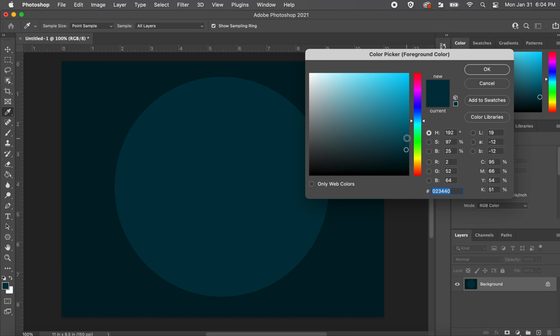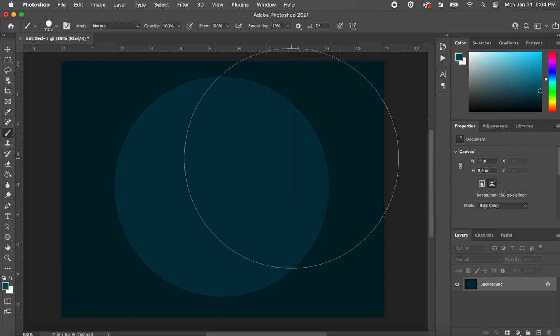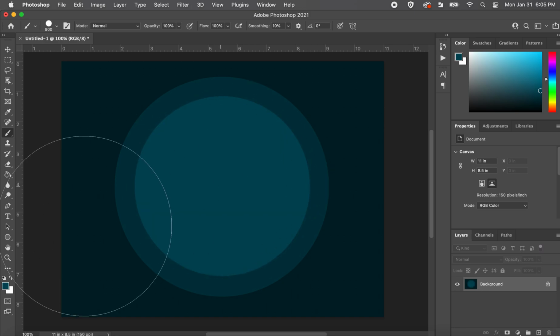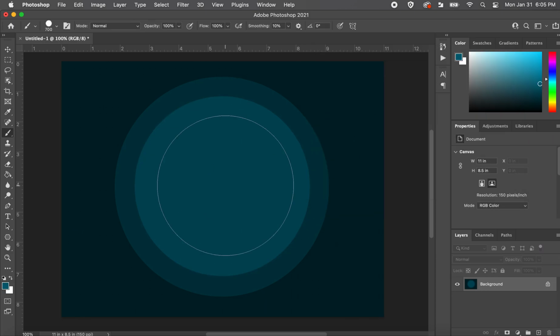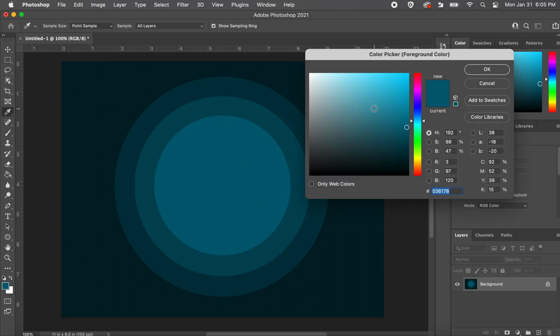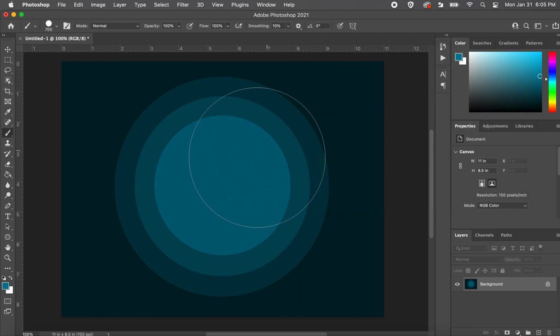I'm going to repeat that step, make this a little bit lighter, make my brush a little bit smaller, so 2 clicks on the left bracket key, and I'm going to click again, and you should start to get a feel for what I'm doing with this. It's going to look almost like a target at the end, but it's going to give this a little bit of a style. So I'm just sliding this up the foreground color picker, 2 left clicks on the left bracket key,